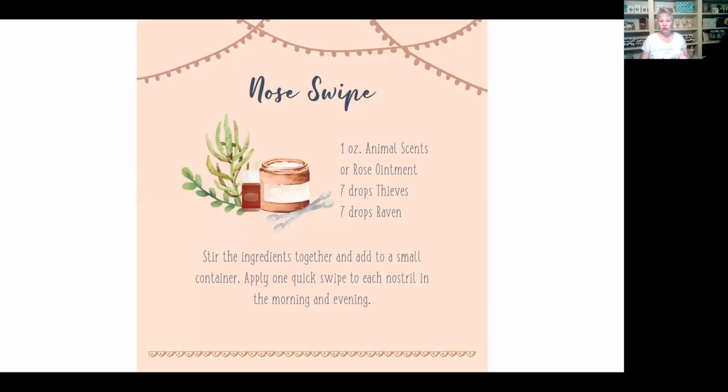Nose swipe is a very, very interesting recipe. It was created by one of Young Living's Royal Crown Diamonds. She is the mom of 15, so she has lots of lab practice with the kids to see what works and doesn't. And I don't know if you know this or not, but a lot of the germs and viruses and whatever that we get, we actually inhale. So the nose swipe is kind of like a barrier to hit those germs right as they're trying